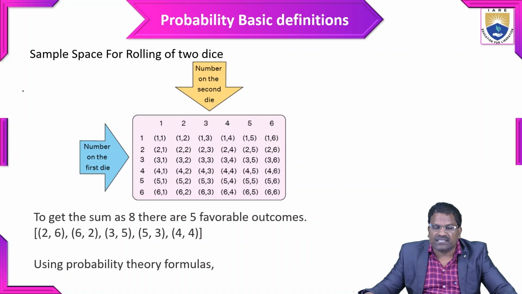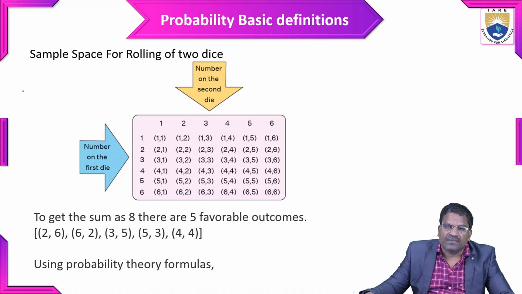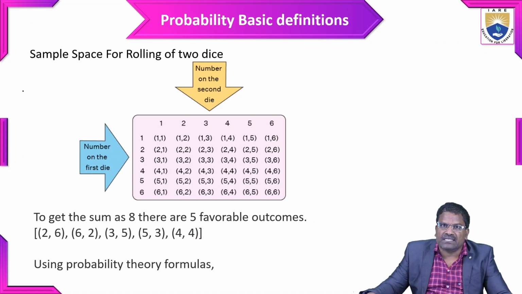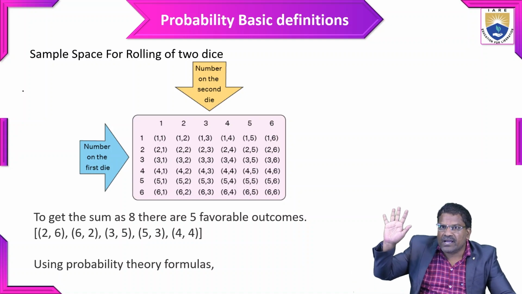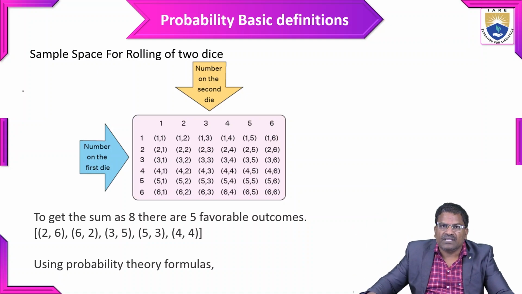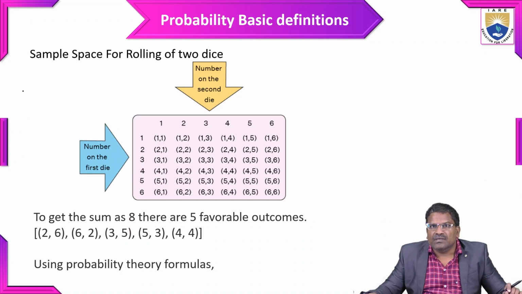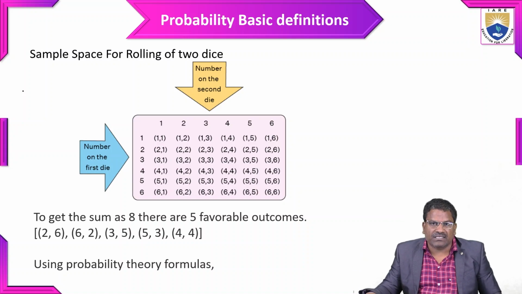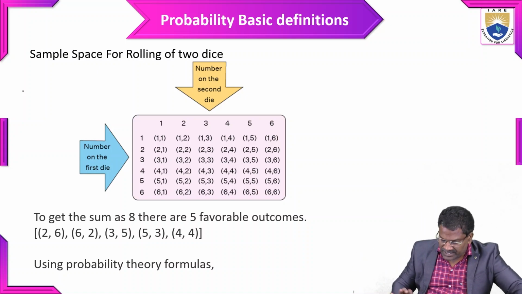6 by 6, 36 total outcomes are there in the sample space. Now to get the sum as 8, there are 5 favorable outcomes: (2,6), (6,2), (3,5), (5,3), (4,4). 5 chances are there. Using the probability theory formula,